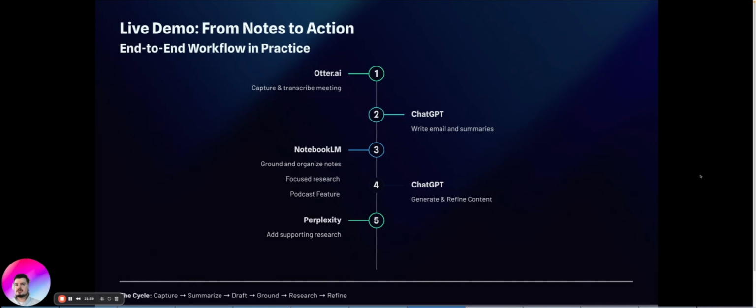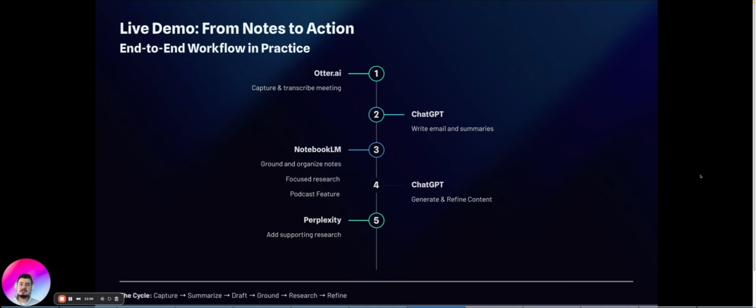Demo section. What I'm going to show you today is a few different workflows that I use. One, capturing a meeting in Otter AI. How do we take all that data and get actionable with it? Then a content generation process for when I'm in front of a client or I have deliverables. How do we take all that data and take the grunt work off of us and use it to create